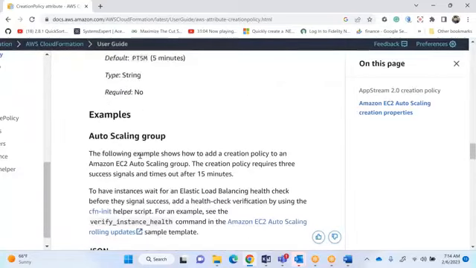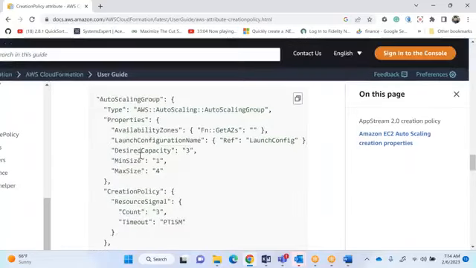See here, sir. Where do you use this creation policy? In auto scaling, do you remember? We mentioned minimum is equal to 2 servers and maximum is equal to 5 servers, and desired capacity is equal to 3 servers. So in auto scaling, how many servers should get created? 3 servers should get created. So desired capacity, 3 servers should get created, 3 signals will come. And I will come up and say creation policy is 3 signals.